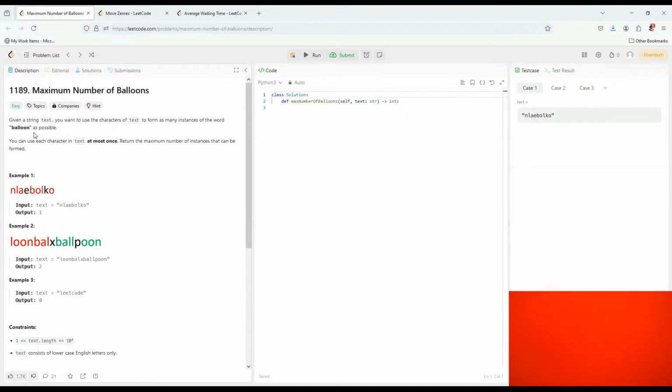Maximum number of balloons. Given a string text, you want to use the characters of text to form as many instances of the word balloon as possible. You can use each character of text at most once. Okay, return the maximum number of instances that can be formed. So